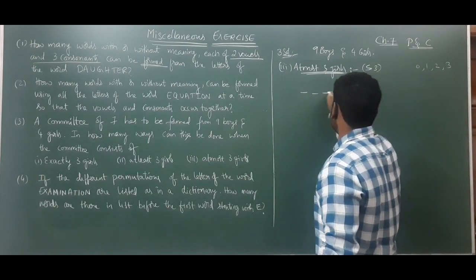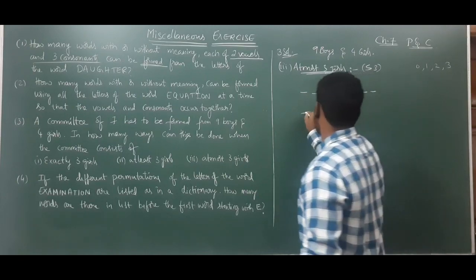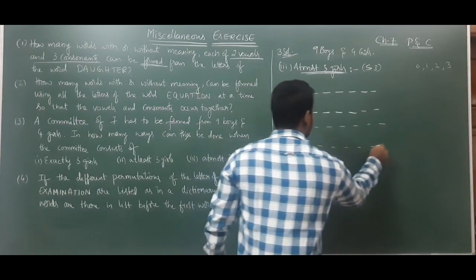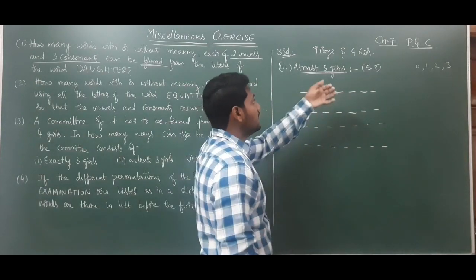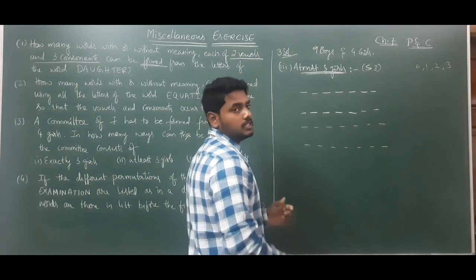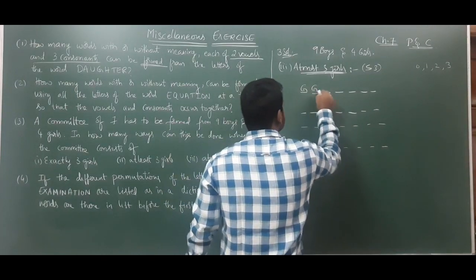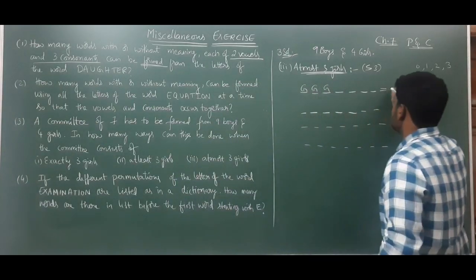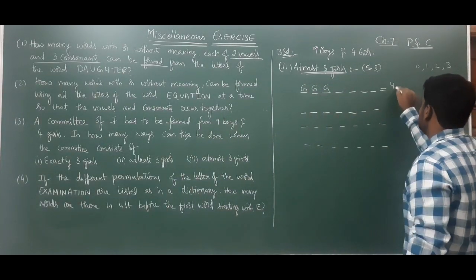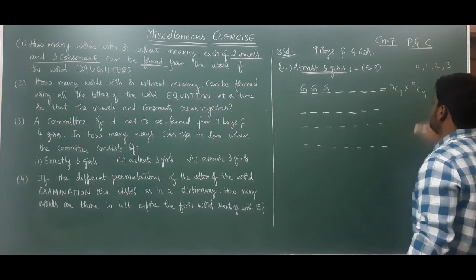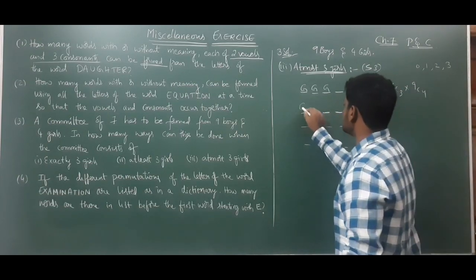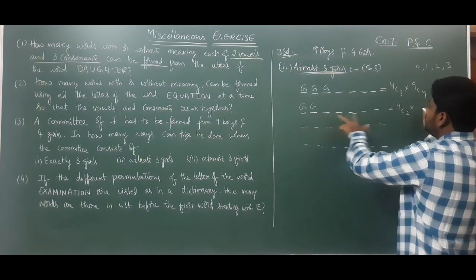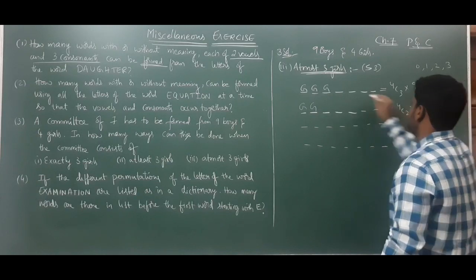See, first of all 1, 2, 3, 4, 5, 6, 7. Now, see, first at less than or equal to 3, I will write the 3 girls case. So 3 girls means remaining 4 should be boys. So in 3 girls, how many ways can we select? 4C3 into 9C4. Next, the 2 girls case. 2 girls we can select in 4C2, remaining 5 boys we can select in 9C5.